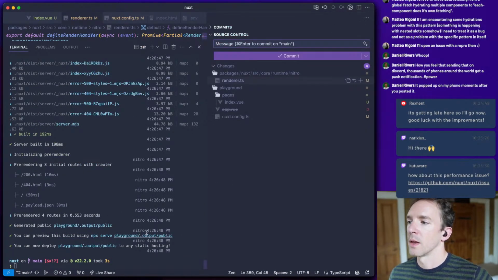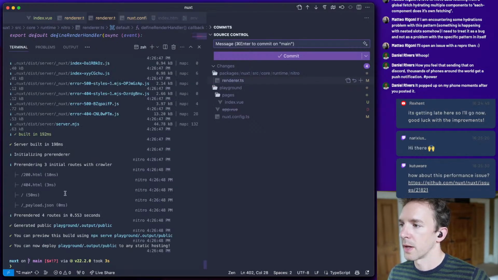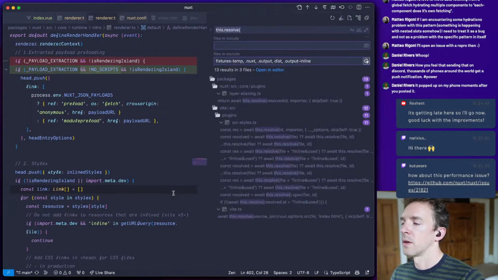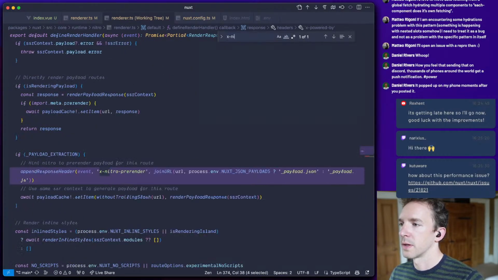Cool. So we also don't need to render the payload at all. Why is it being rendered? X nitro.